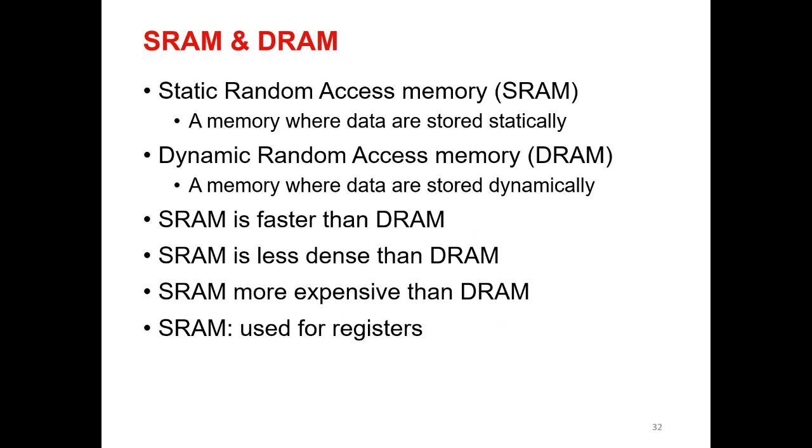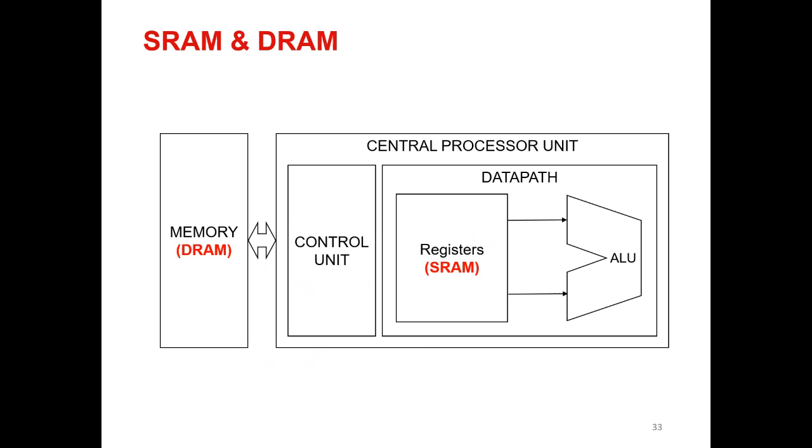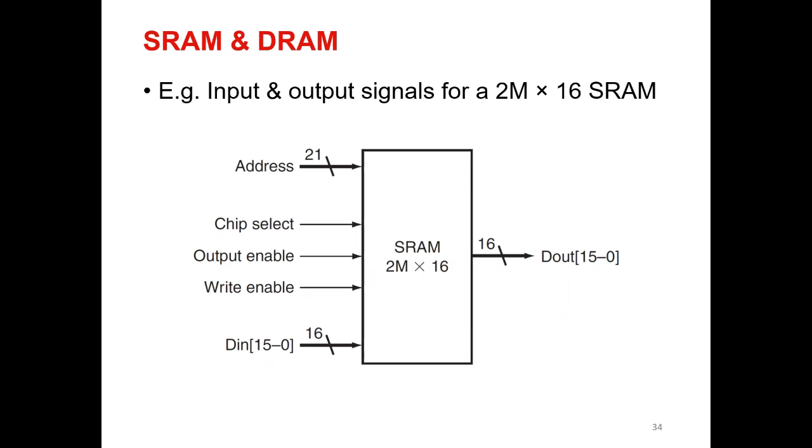And as you can imagine, if the SRAM is faster, we use it for registers because registers need to be read more frequently, and DRAM is used for main memory, which is not read as frequently as the registers. So coming back to our initial figure, the memory will be DRAM and the registers will be SRAM. Okay, so graphically,